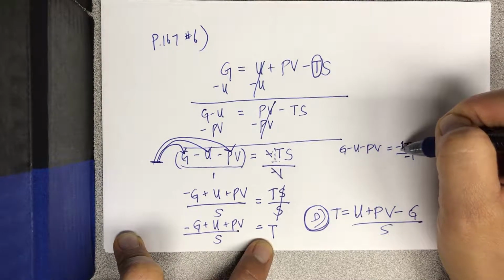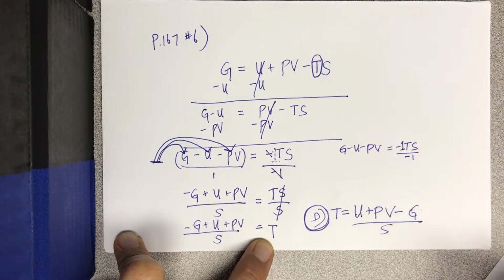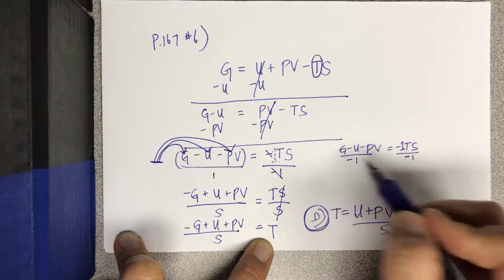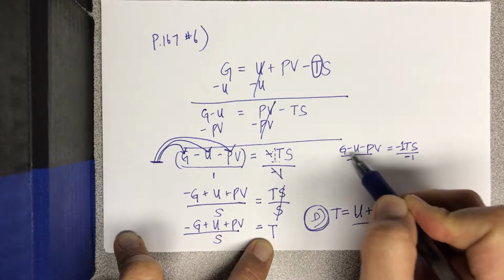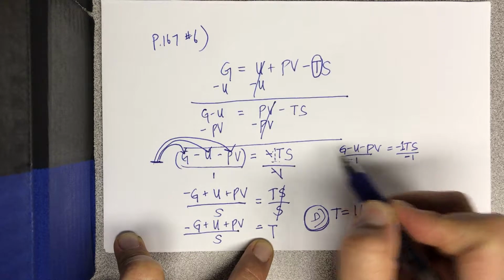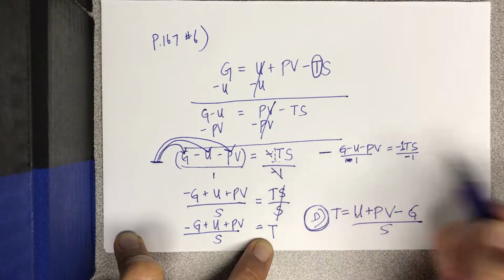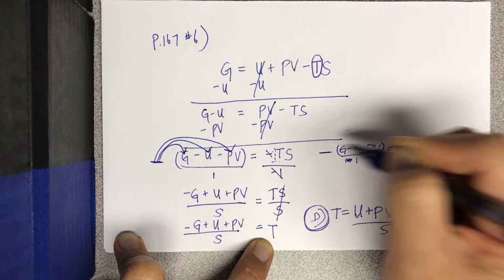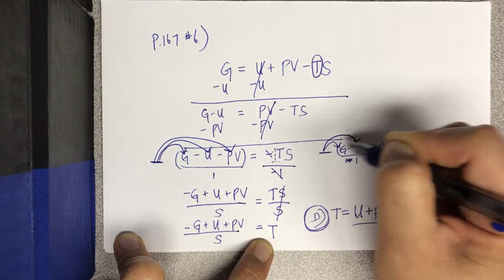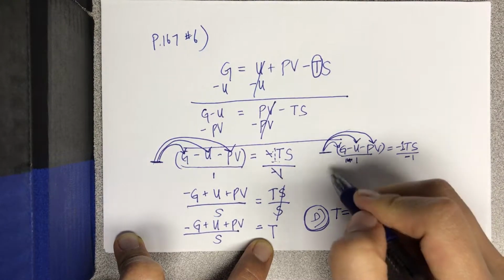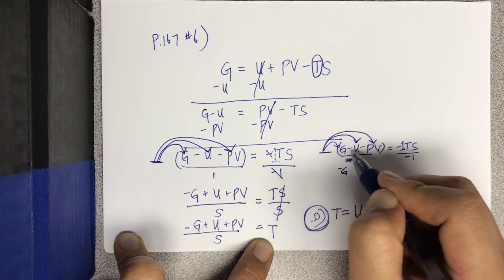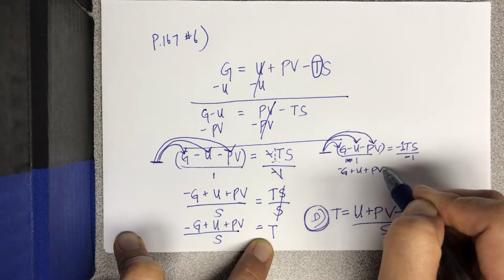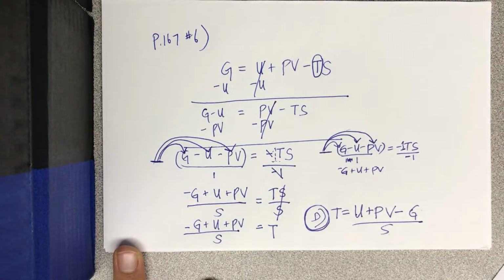And then because there's like a negative, there's an invisible 1 right here. So we're going to divide out the -1. So when I divide by -1, this negative doesn't just isolate its negativity right here on the bottom. This negative, you could pull it out over here and cross this one out. It affects the entire fraction. Therefore, you have to take this and multiply it and distribute it to each member, creating negative times G is negative G. Negative times negative is positive U. Negative times negative is positive PV. Is that clear? Yes. Okay, so we're going to move on then